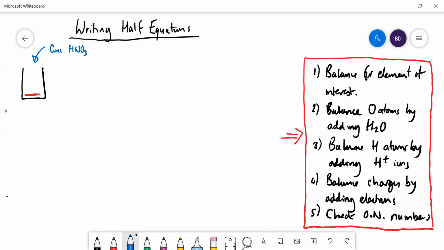Okay, shove that in there, and what happens is it fizzes up and you get all these brown fumes, which you've got to do in a fume cupboard. It's pretty poisonous, and the brown fumes are of nitrogen dioxide, NO2,